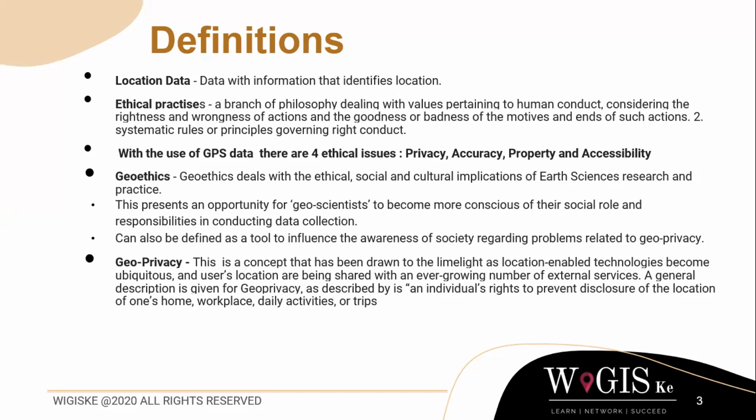So when we talk about privacy, we're talking about how much personal identifying information is being collected about a user or an object in this case. Accuracy, by definition in ethical issues, is the reporting of the level of accuracy that the tool you're using to collect data provides.